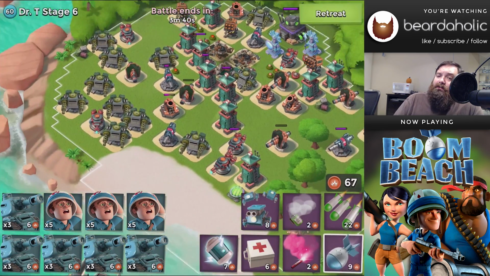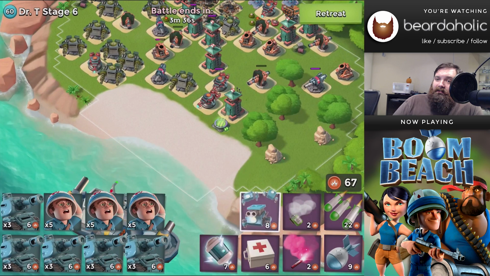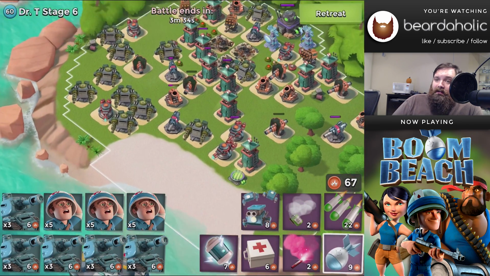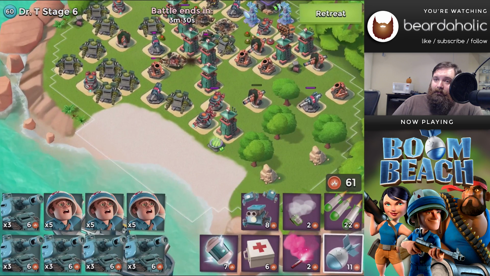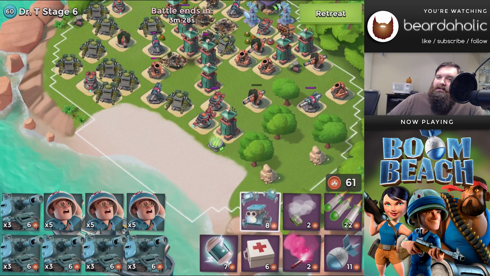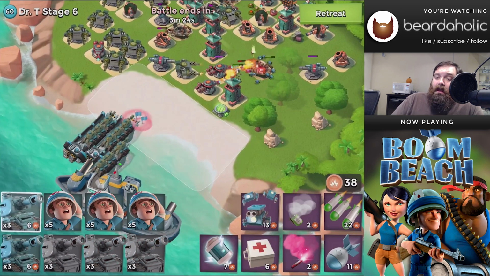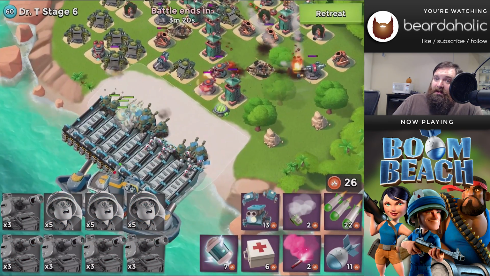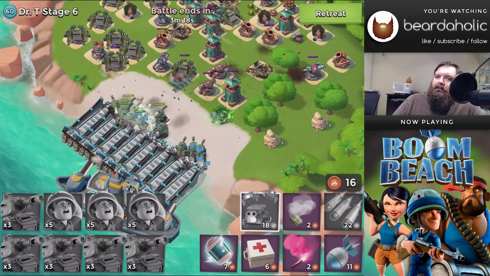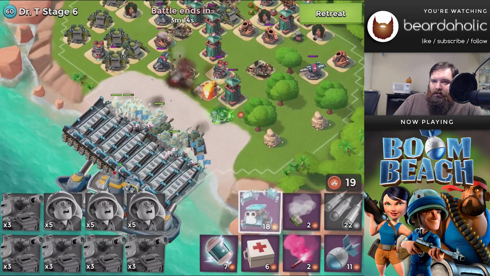So yeah, take out, because this level is too crazy. Stage 6 is insane with the boom cannons. They're all over the freaking place. So take out as many boom cannons as you possibly can. The first 2 that you should be targeting are the 2 that have the range on the beach, obviously. And then after that, the 2 you should be targeting are the 2 that were touching,